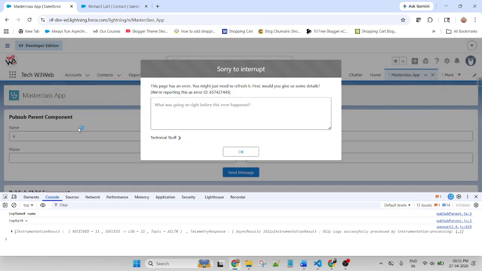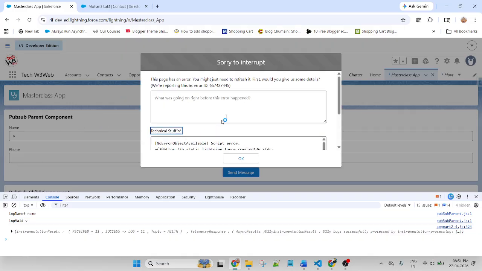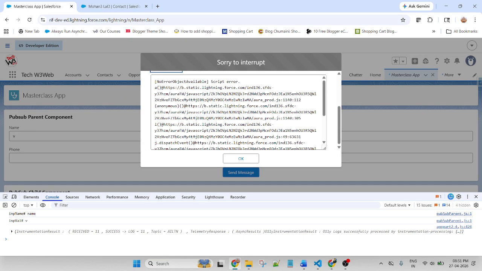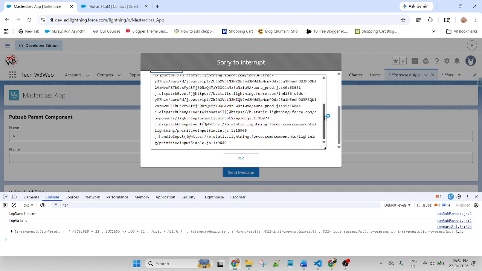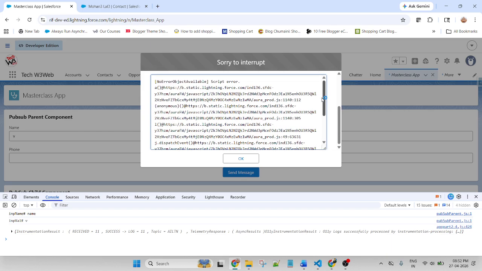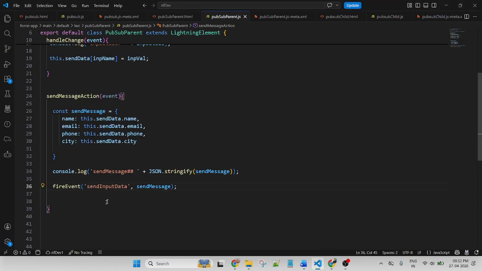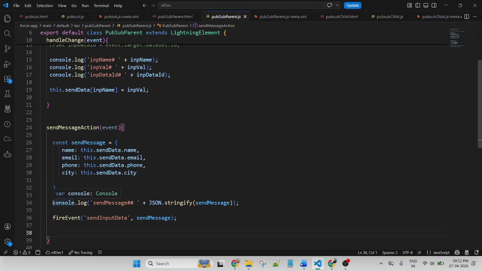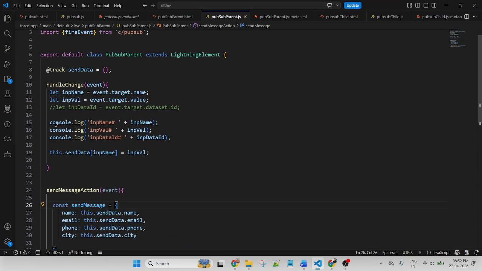This page has an error. But the function name is not displaying. We're getting wrong input field.